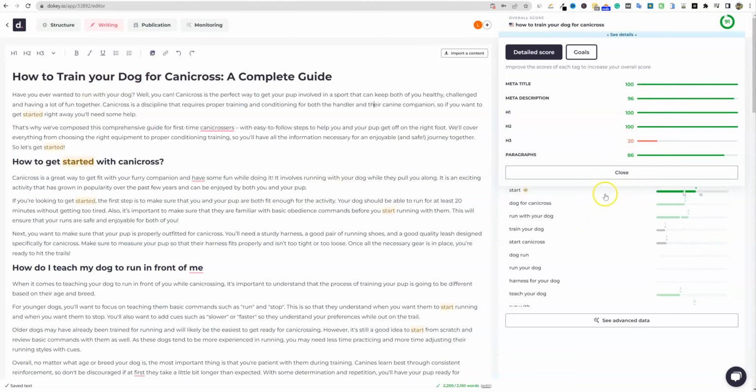But what I will say before we move forward is that the score at 91, we didn't really do anything to optimize the content. We just wrote it with AI generation tools, but we did have a really good outline over here.